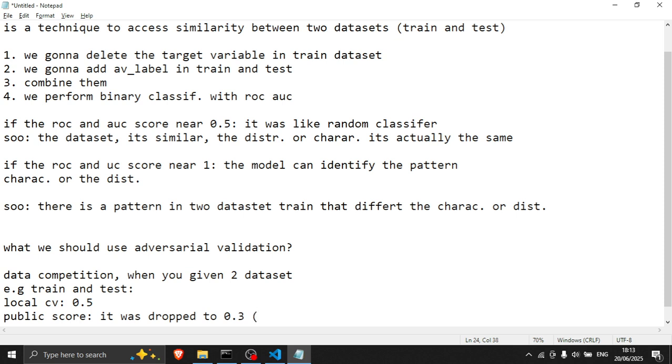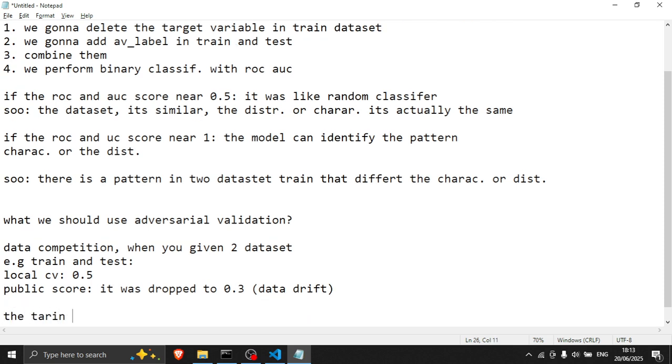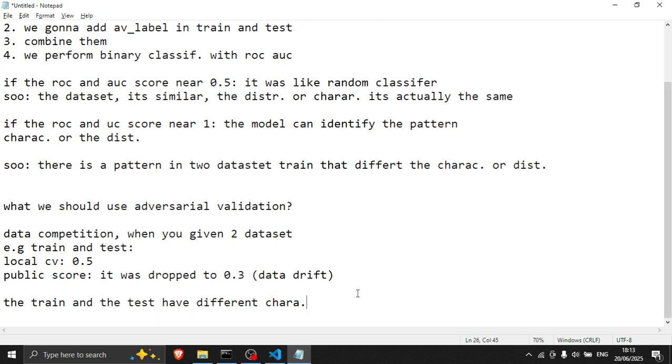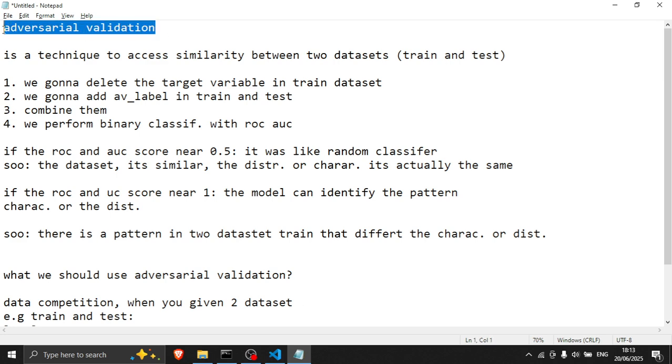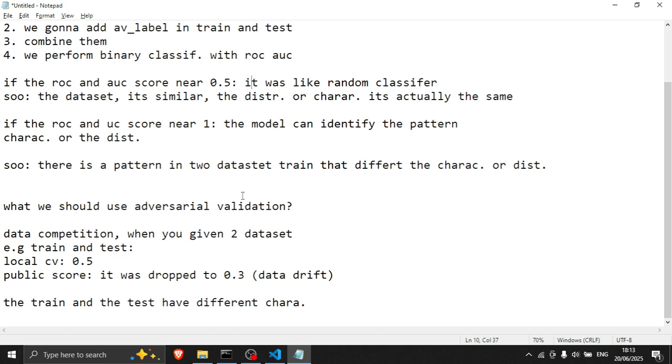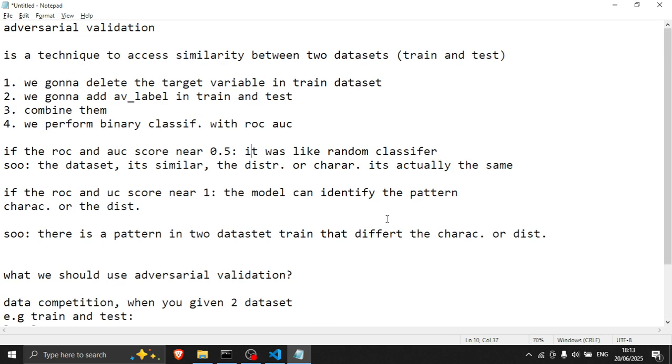So we can conclude there is data drift, or a trend, and the test has different characteristics. So we prove the data drift with adversarial validation, because if we use this method, we know how well the model can identify the difference between the two datasets.